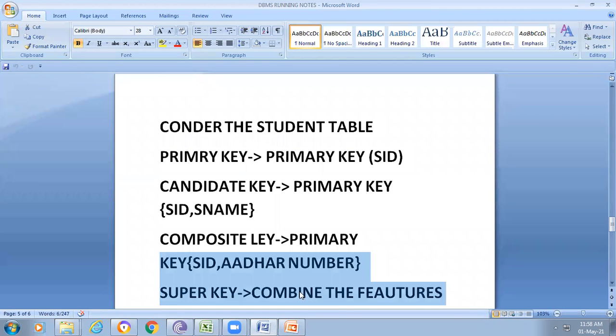For example, if we know some field, that field will be able to retrieve some other data. If we know your number, I am able to know your name, your age, and your marks, like that. That means one of the attributes will be able to identify some other attributes. That type of attribute will be referred to as a key here. Then what is a primary key? A primary key is nothing but something that uniquely identifies the data.